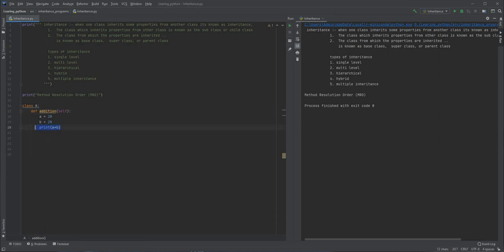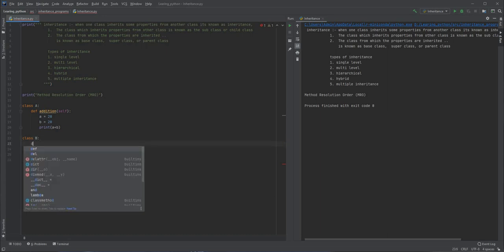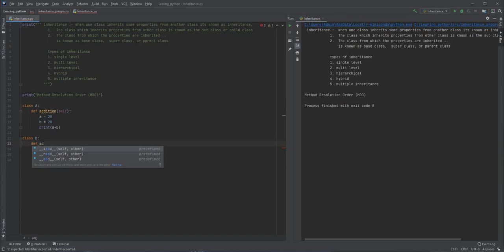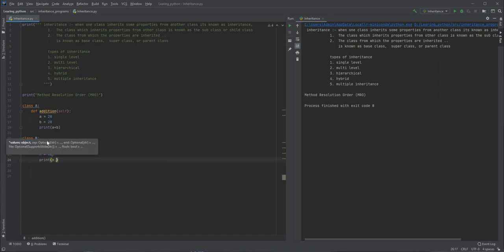Now let's say we have class B, and that too has the same function name, addition, and it has separate values, m equal to 40 and n equal to 40. When invoked, this function gives us the value of m plus n.